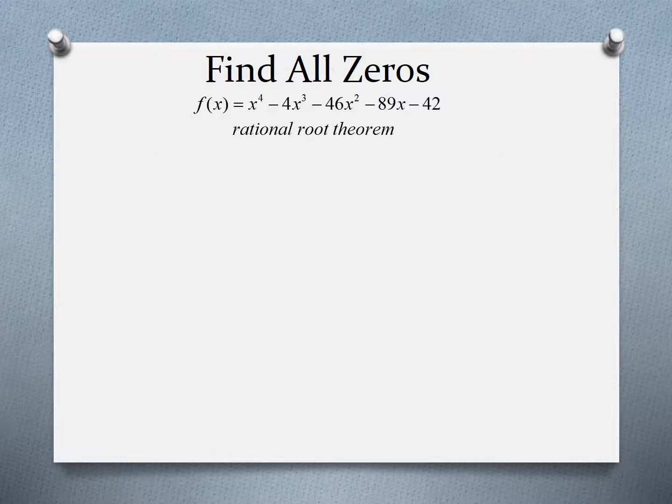the rational root theorem, which says we can take the constant term and all of its factors. Notice how in that numerator I have the factors of our constant term there: 1, 2, 3, 6, 7, 14, 21, 42, all of the factors of that number, 42, both positive and negative, and I can divide it by all of the factors of my leading coefficient. The leading coefficient apparently is 1, the coefficient in front of that x raised to the 4th power, both positive